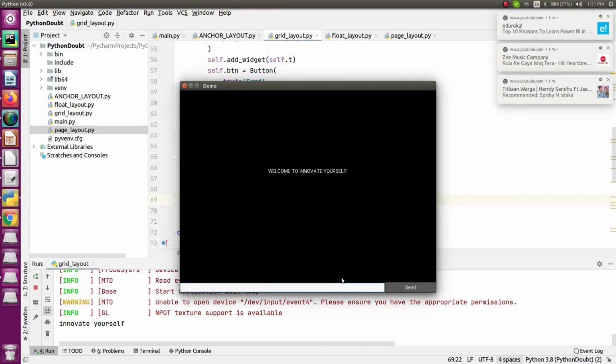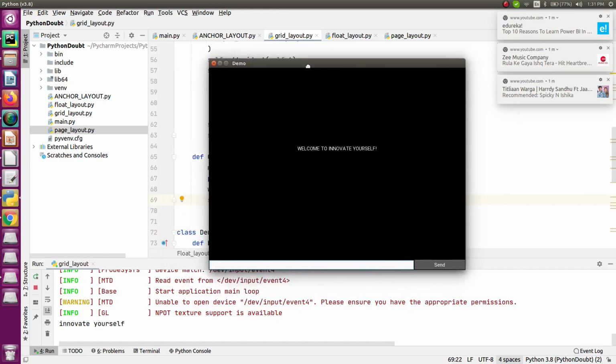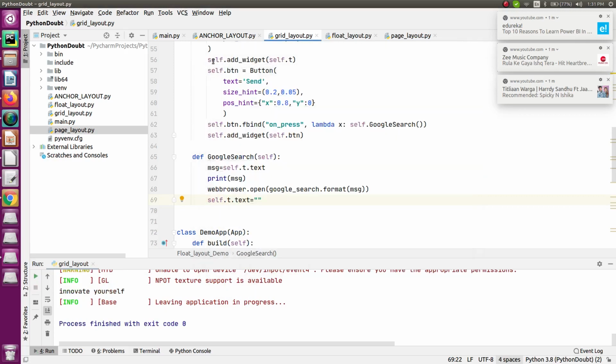I hope up to this point you are done with this part. And the final thing is, you now don't want this to be run only on your system, because I want to make this an APK file, or let's say I want to make this an application which can be run on my smartphone. So this is all that I want to do right now. Now let's proceed further and understand how we can make this simple code an application.